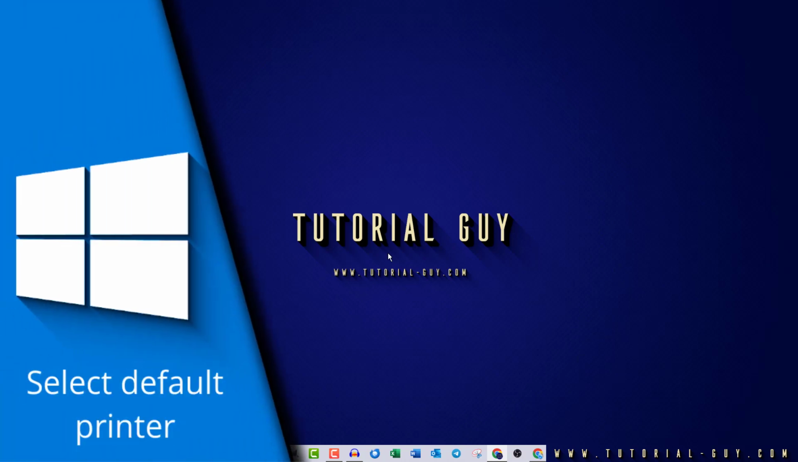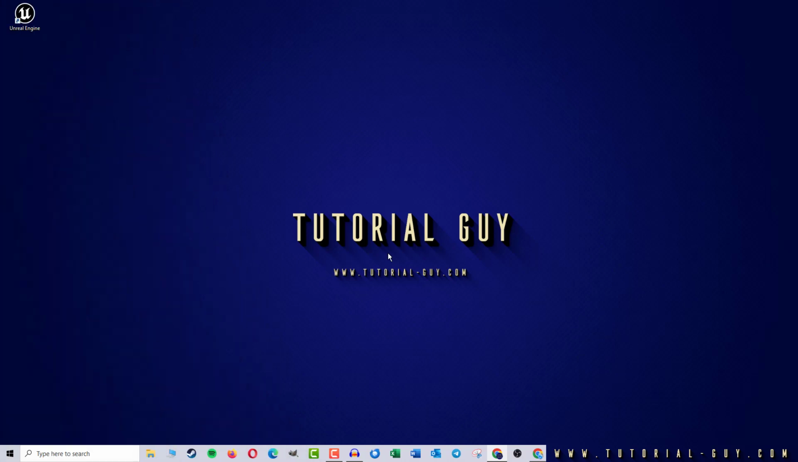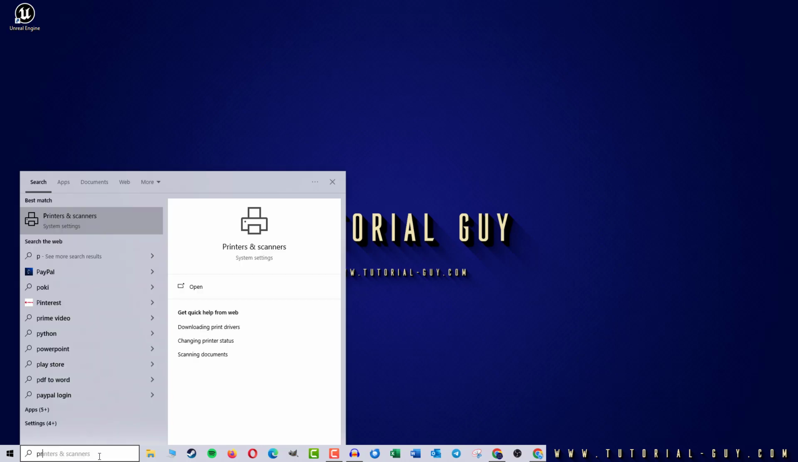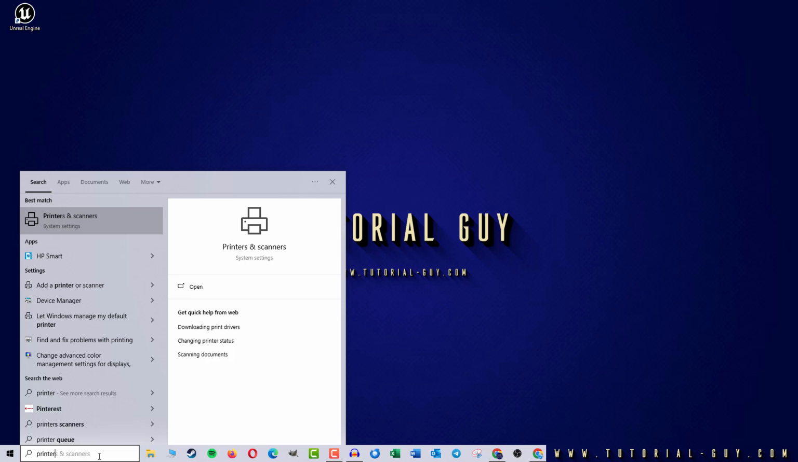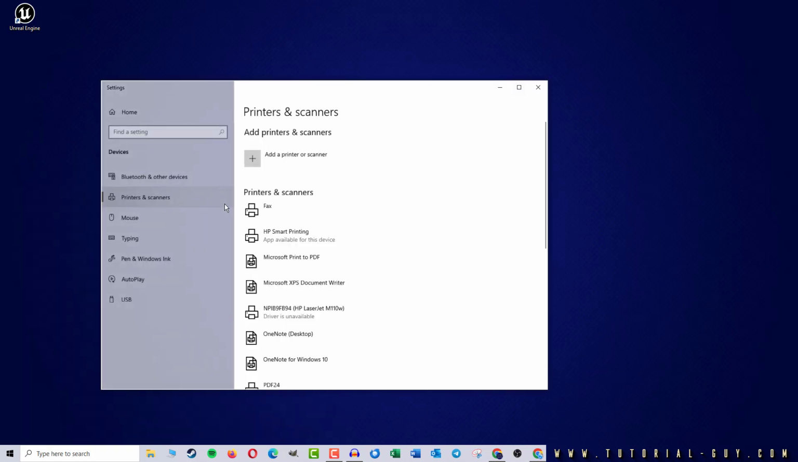In today's video I want to show you how to select the default printer in Windows. This is actually quite simple. First I go to the search in Windows and enter printer. This already suggests printers and scanners. If I click on this, I get a list of all printers and scanners that I have ever used with